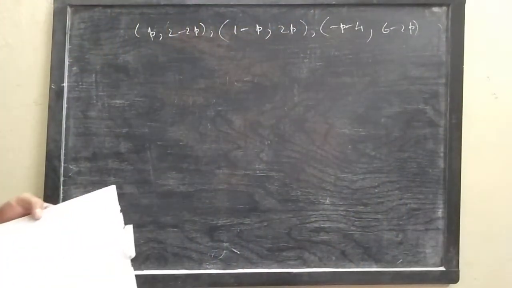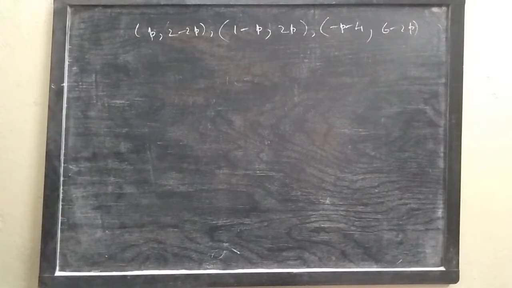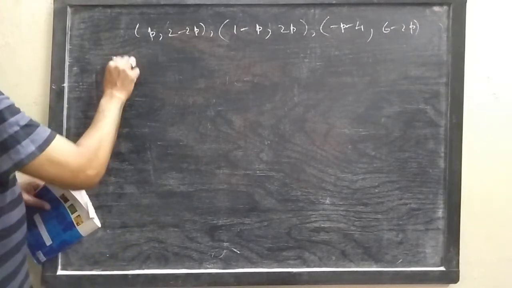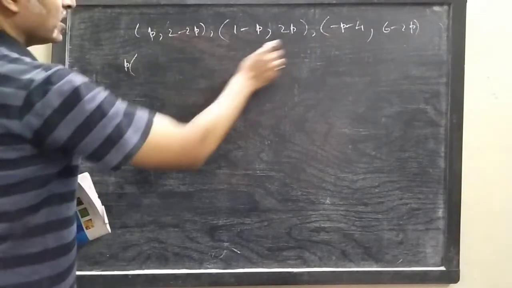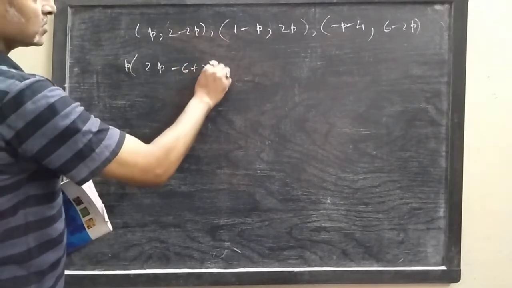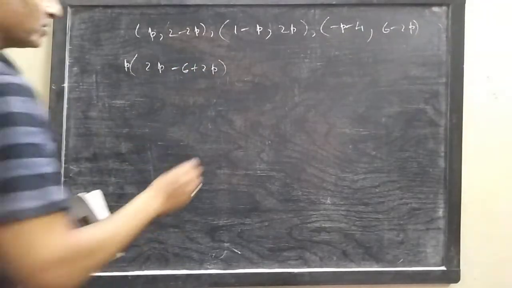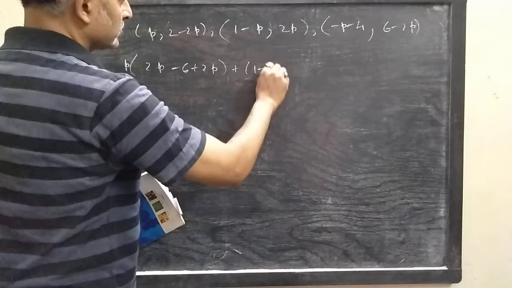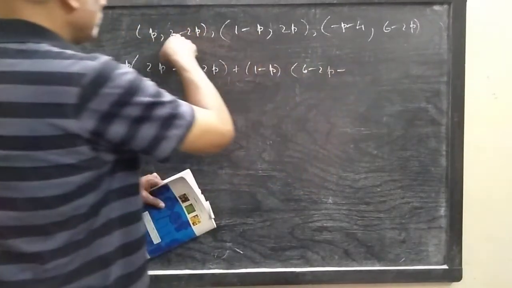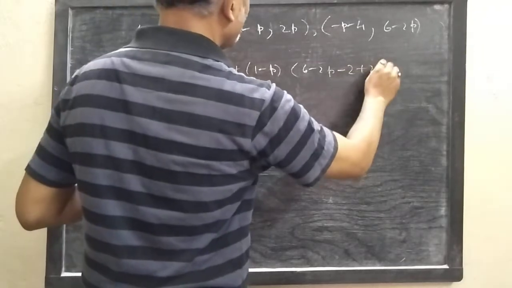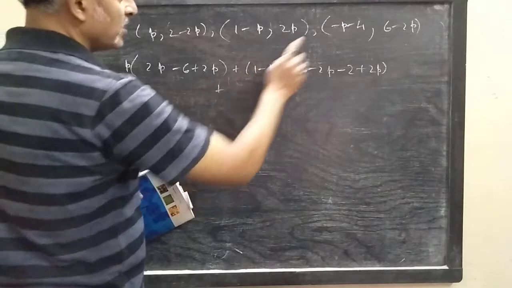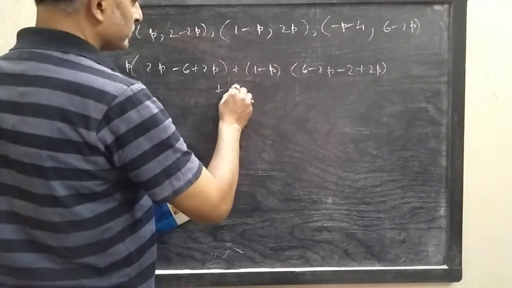Find P so that these 3 points are collinear. In a similar way, first write the condition, then write the relation. X1 is P, X1 into Y2 minus Y3, that is 2P minus 6 plus 2P. Then X2 into Y3 minus Y1, Y3 is 6 minus 2P minus Y1, that is minus 2 plus 2P, plus X3 into